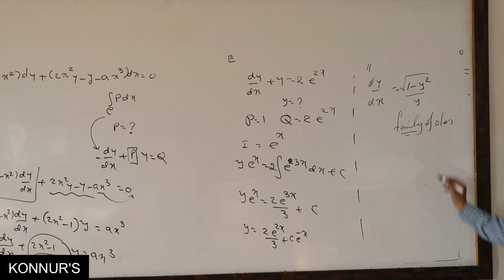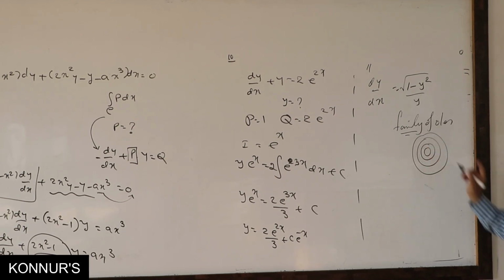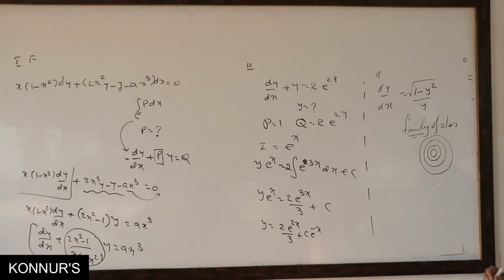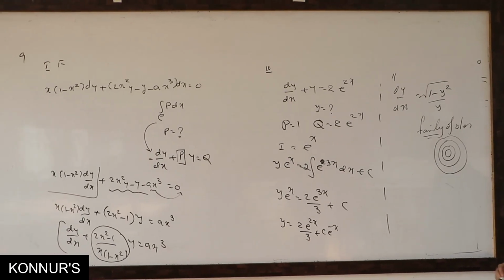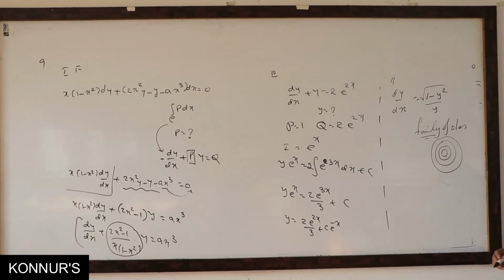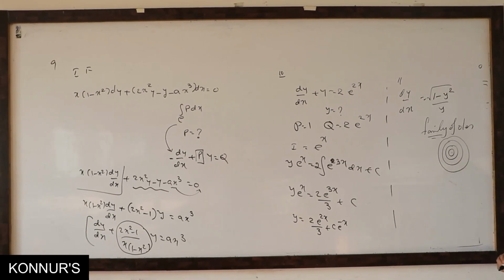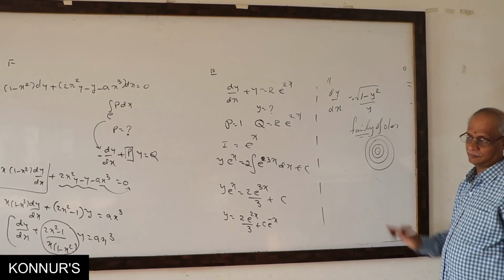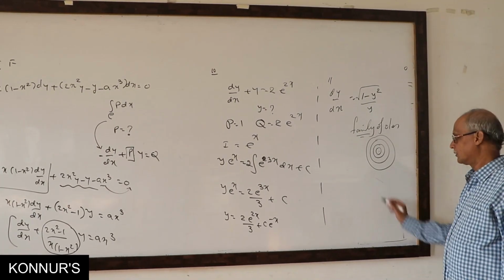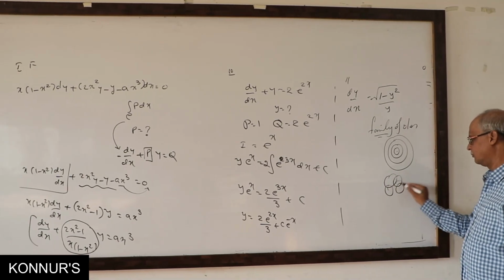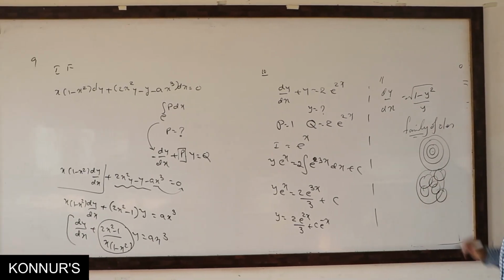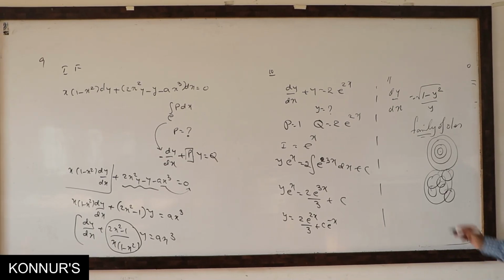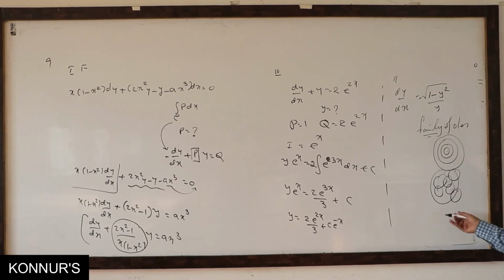Suppose you draw one circle, another circle, another circle, another circle. This is called one family of circles. Okay. In this diagram, what is name of this family? Centers are same. So called family of concentric circles. Okay. Suppose if I get like this, like this, like this, so many circles here and there. Okay, random, different.